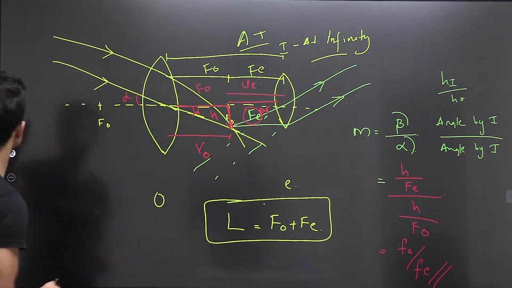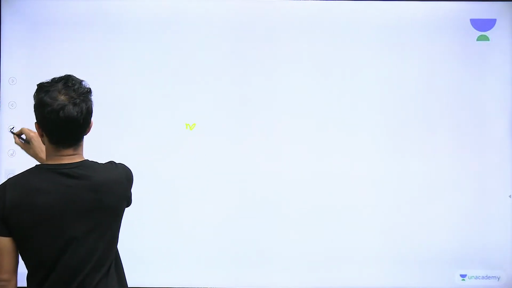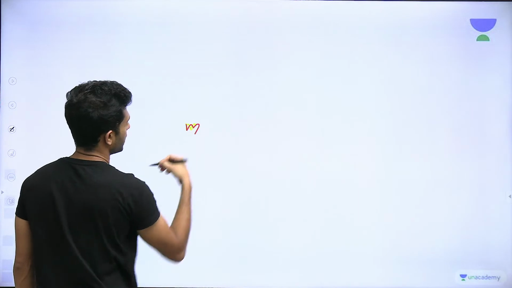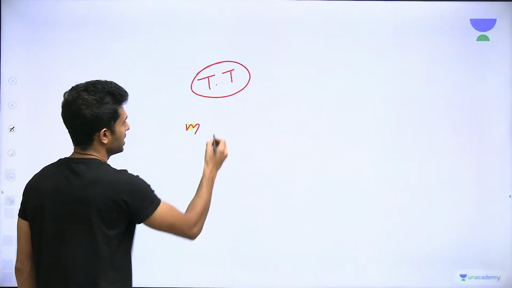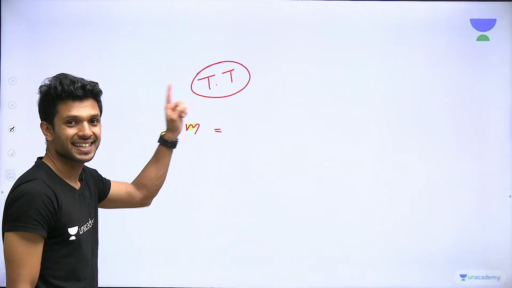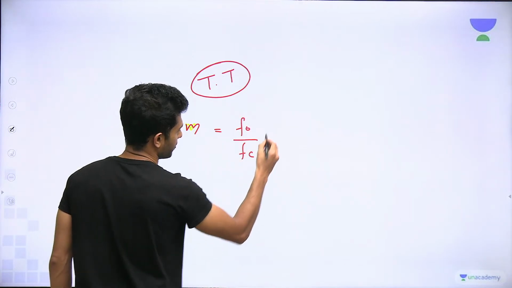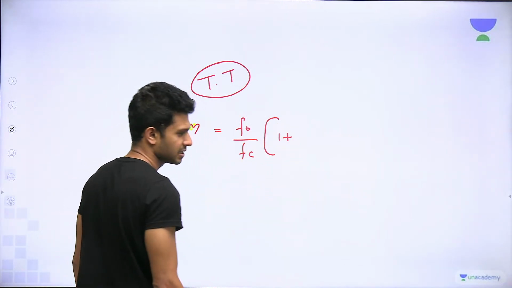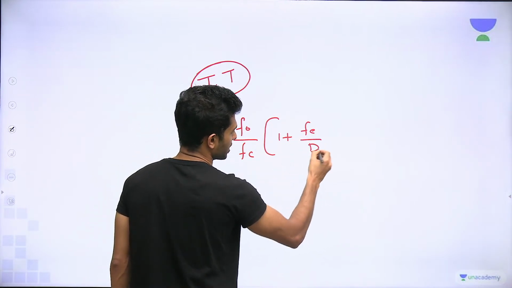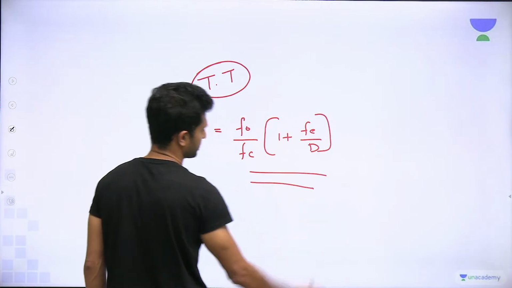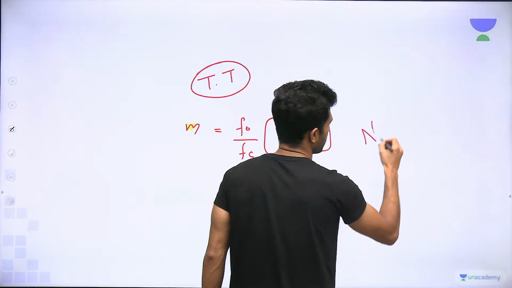And what I have seen is the equation for magnification of a terrestrial telescope. TT, table tennis, not at all. Terrestrial telescope. The formula is f0 by fe times 1 plus, as we have learned till now, 1 plus D by fe. So in this case it will be fe divided by D. Not there for your board exam,